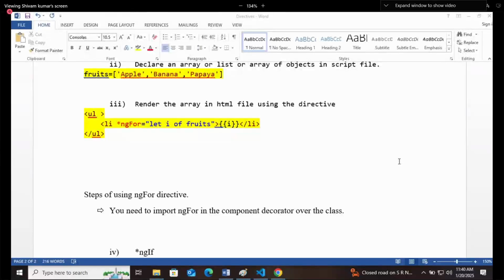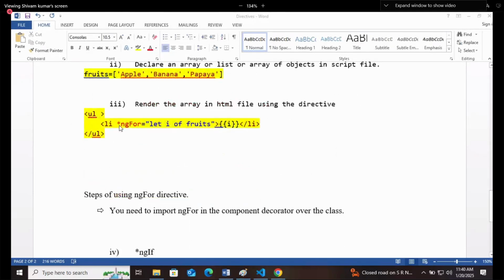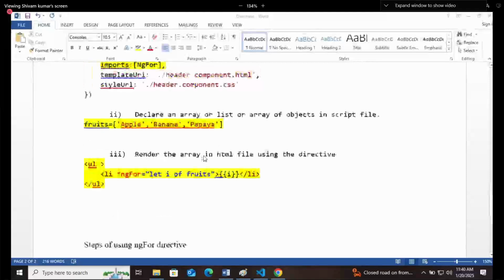Yeah, Mansi, we can create. We are going to do that now. We will develop a to-do list. So you understood the use of the ng-for directive, right? Shall we move forward or do you have any question? We have already discussed this in the last 2 classes, but most of you were absent. That's why I revised it. Understood ng-for? Okay.